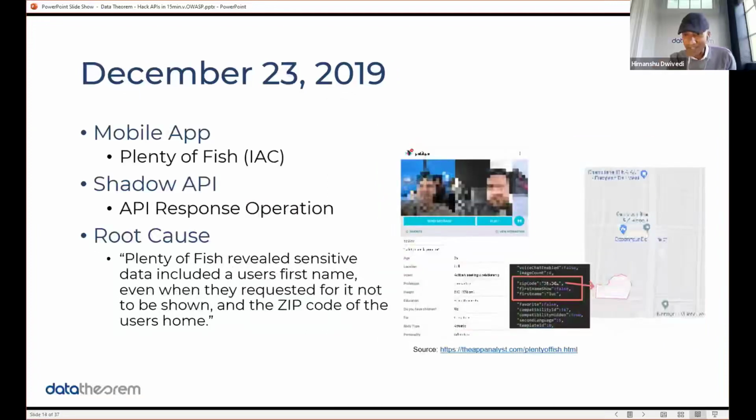December 23rd of the same year, again, same attack, API response operation embedded in a mobile app, and also compromised first name, zip code, basically location information, just a couple months later. So at this point, it's not a coincidence to me. At this point, I know someone, either a group of hackers or researchers, what they call themselves now, are figuring stuff out. They're putting things together either as a group itself or as a copycat attack, but there are too many attacks on the API targeting mobile clients and successful all at the same time, right? No one's that lucky all the time.